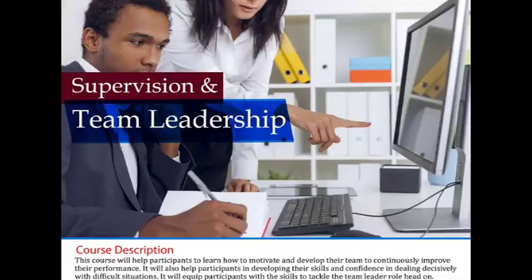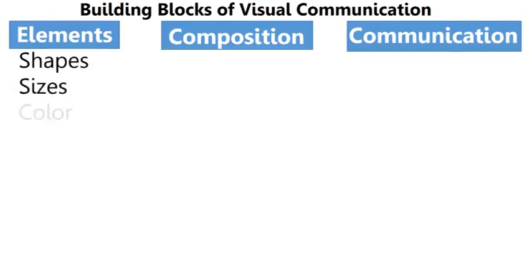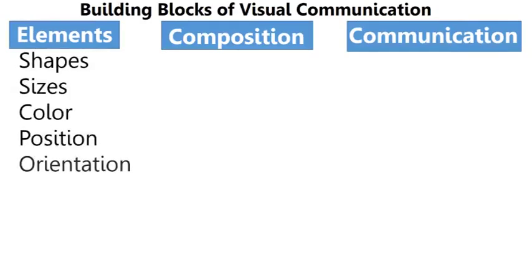Now, when you see a well-designed and communicative image, many things are in that single image that you take for granted. As an example, look at this flyer in front of you. What jumps first at you? Let me speak about the elements in some more details. We are speaking about the shapes, the sizes, the colors, the position, and the orientation. The 5 variables that I just listed, how you mix them and use them is the first block towards effective visual communication. So if you take this like ingredients in the kitchen when you want to make a soup,